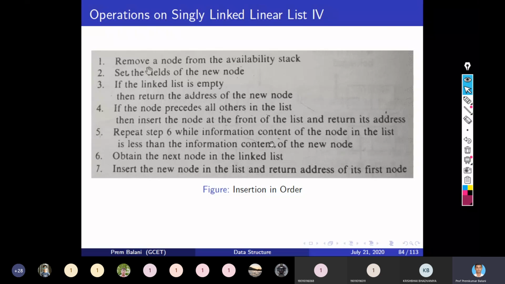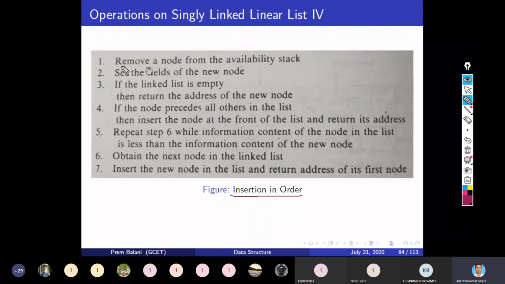I discussed the steps, and I told you that we would see the algorithm in the next lecture. So today we are going to start with how we can insert a node into the linked list in a particular order, ascending or descending, based on the need of the individual.